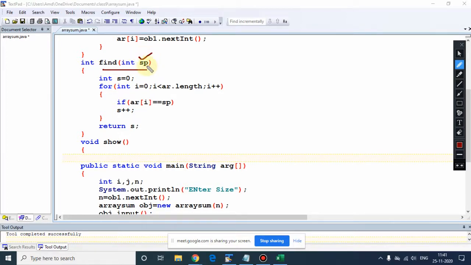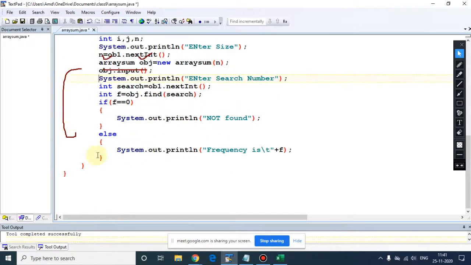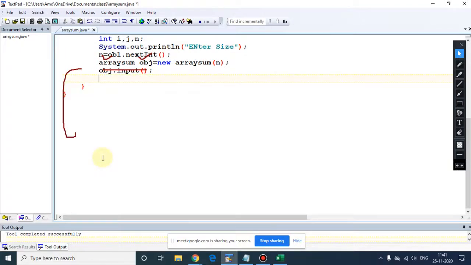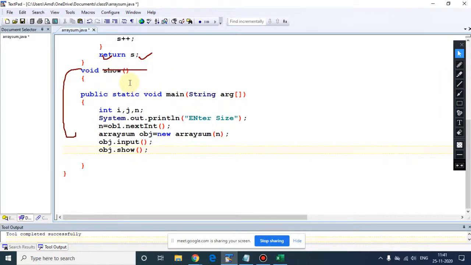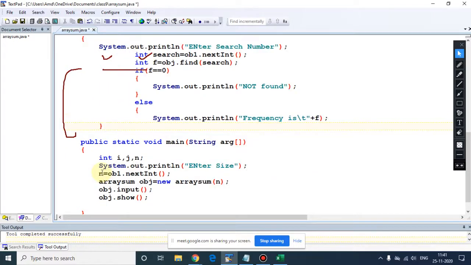So that means from where you are going to call this method find, there only you need to take input. So in this case, what are we supposed to do, please try to understand. Small changes are required. So let me do that.